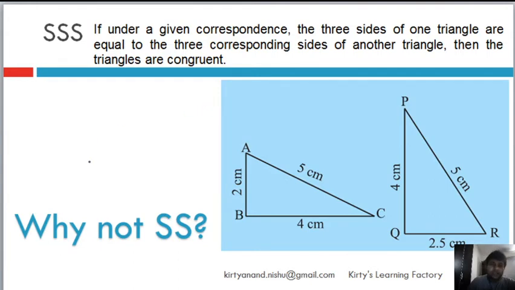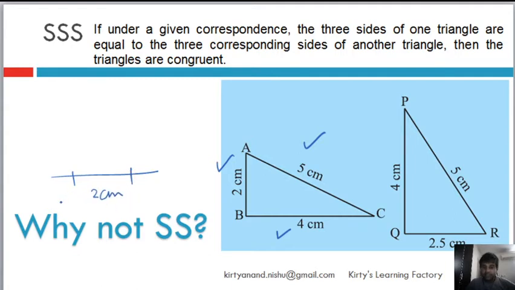So let's see. Do you remember we learned how to draw a triangle? If not, then go to practical geometry of my class 6th series. It's in the playlist on my channel and you can go and check it out. So let's first understand how we draw a triangle. Let's say we have to draw this triangle of 2 centimeter, 4 centimeter and 5 centimeter. First I will take a line segment, and in this line segment I will cut an arc of 2 centimeter.